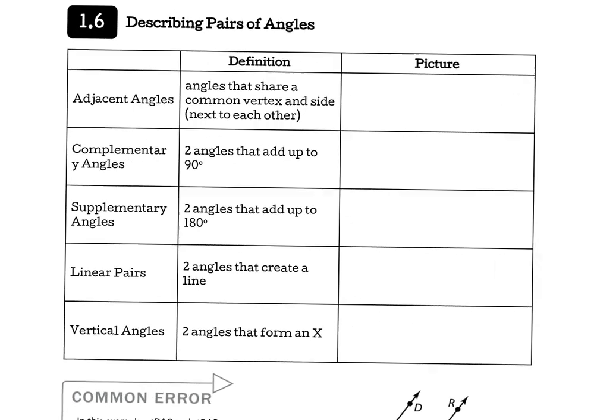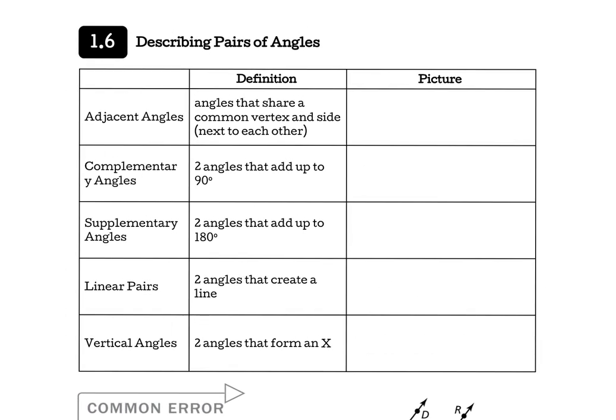We're going to see a lot of these angles as we go throughout the year, and some we'll see more than others. The first one is adjacent. Adjacent, if you break down the word, means next to. It might be like the house next to me is adjacent to my house, right? And so when we talk about an adjacent angle,